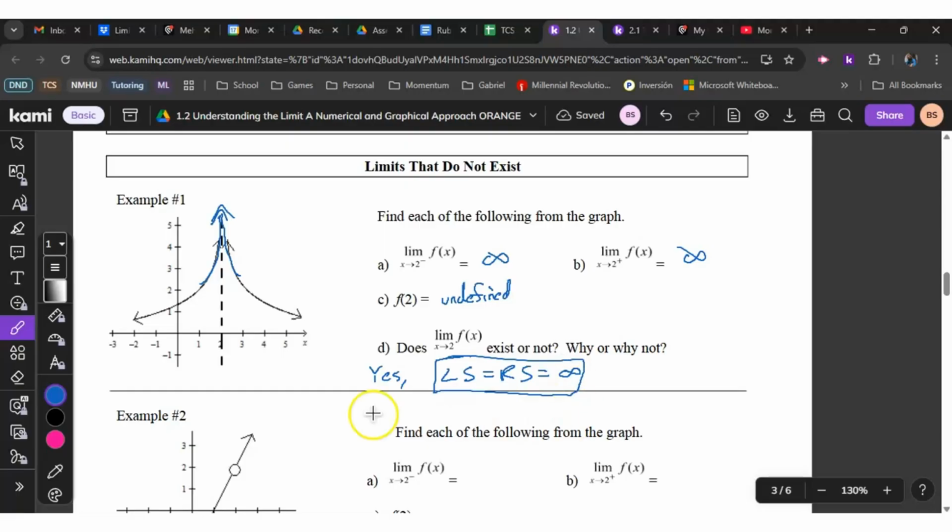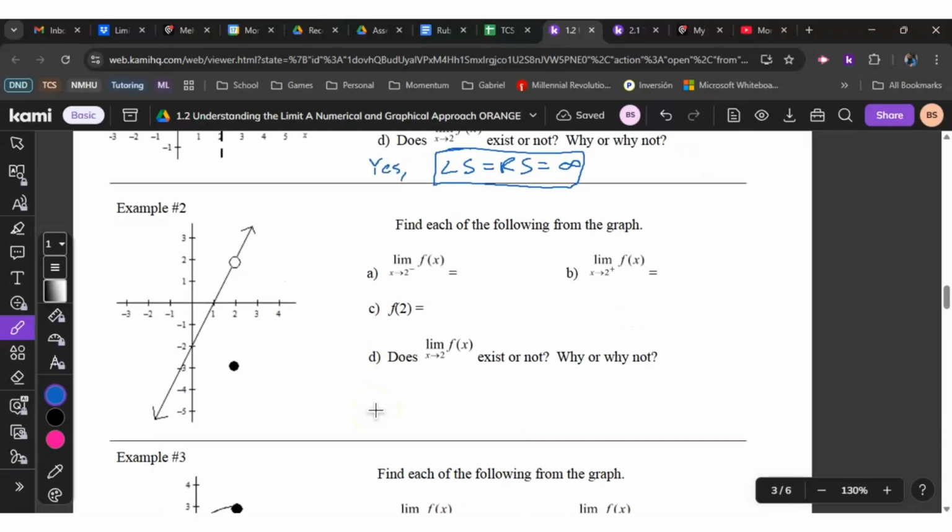Okay? All right, let's take a look at that next one. So in this one, what is the interesting part that we're probably going to be looking at? The hole, right? So at x equals 2. So sure enough, as we approach 2 from the left, so the limit of f of x as x approaches 2 from the left is what? Where's that hole? 2. As we approach 2 from the right-hand side,